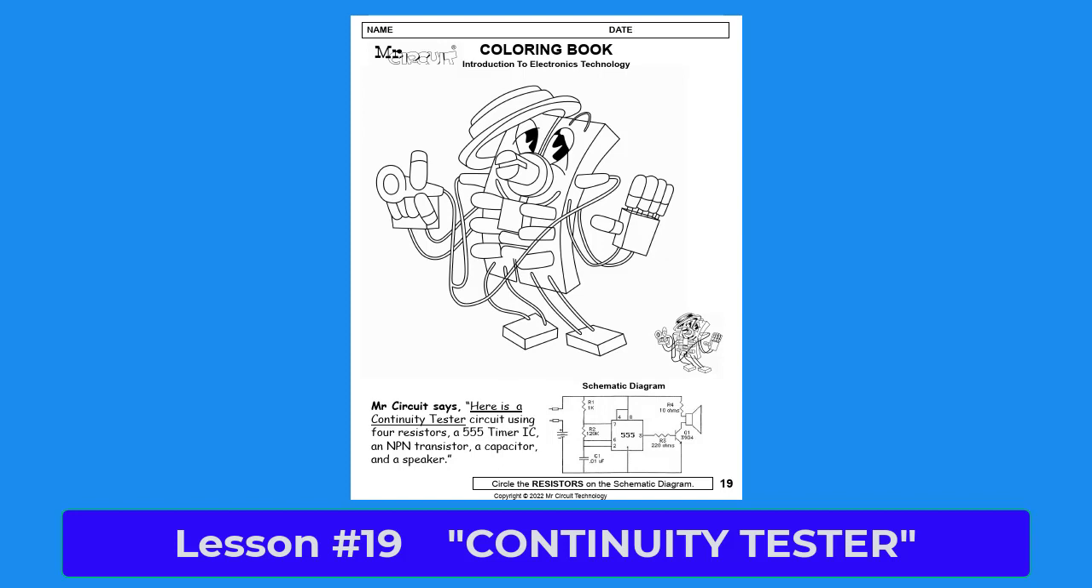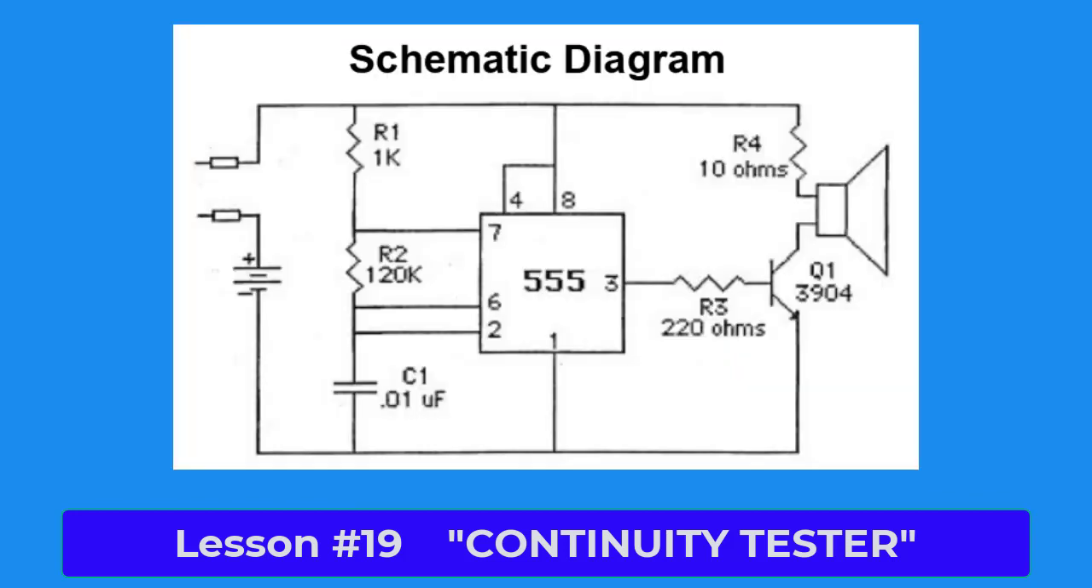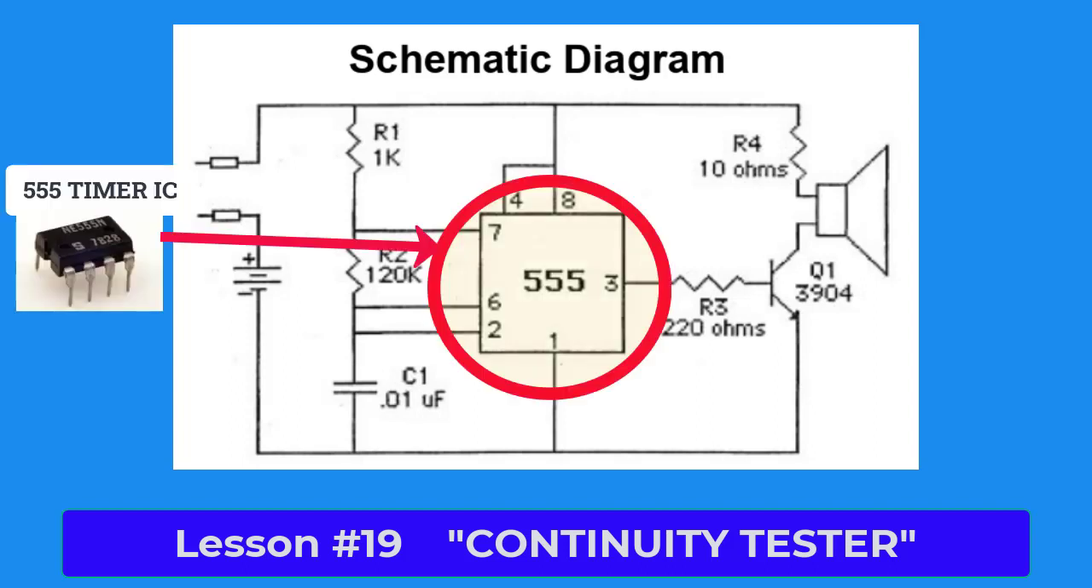The schematic diagram for the continuity tester circuit is shown in the lower right-hand side of the page. It has some of the schematic symbols that you were taught in earlier lessons of this STEM activity book. You may remember from Lesson 11 that a 555 timer IC can be used to generate pulses. This circuit was designed by engineers using the 555 timer IC to make a sound when there is continuity in